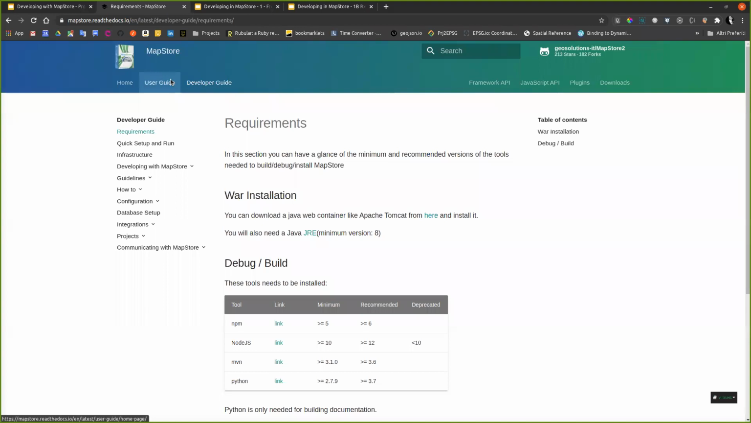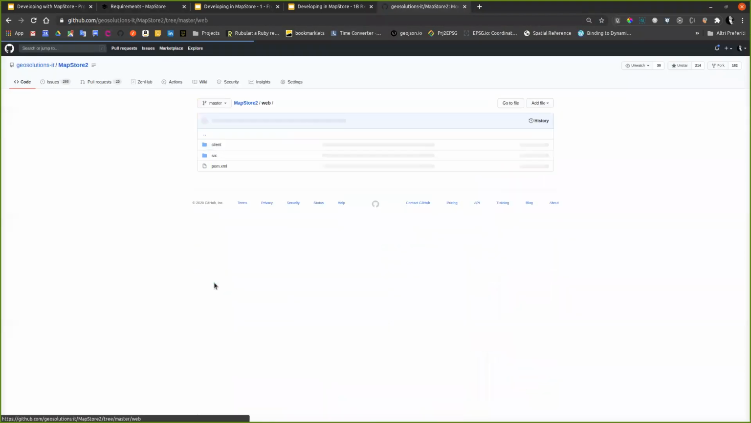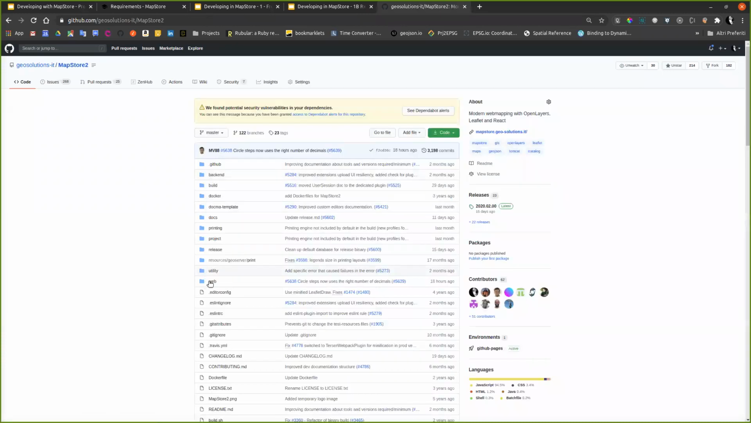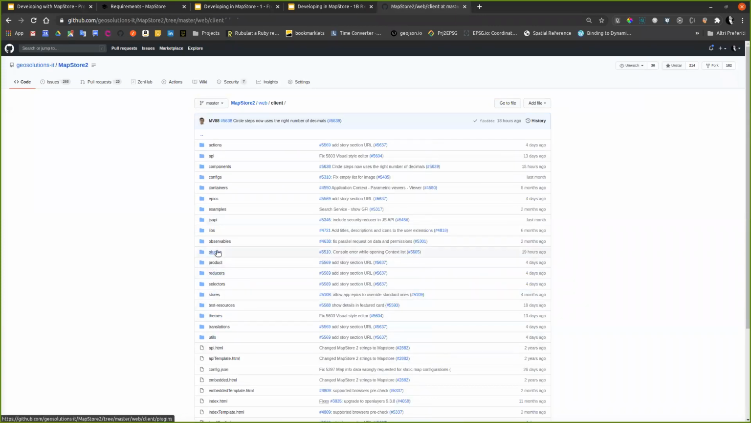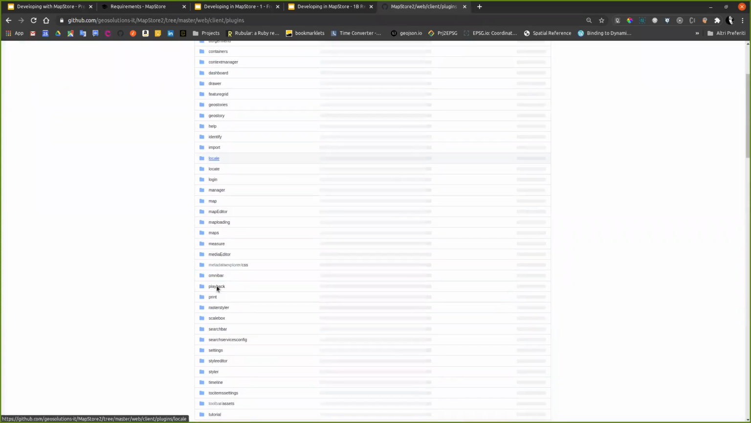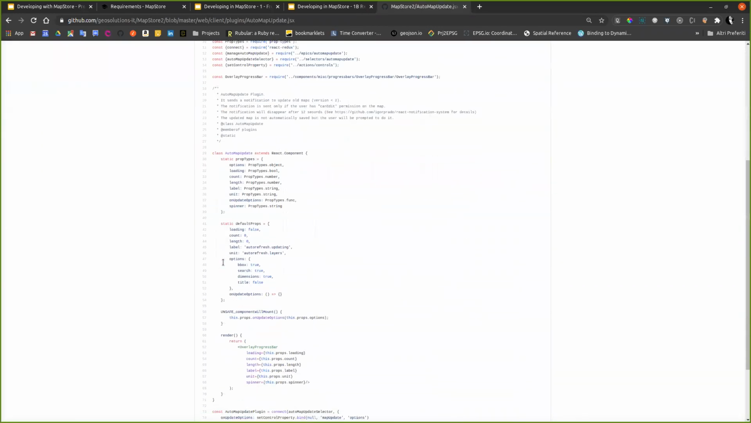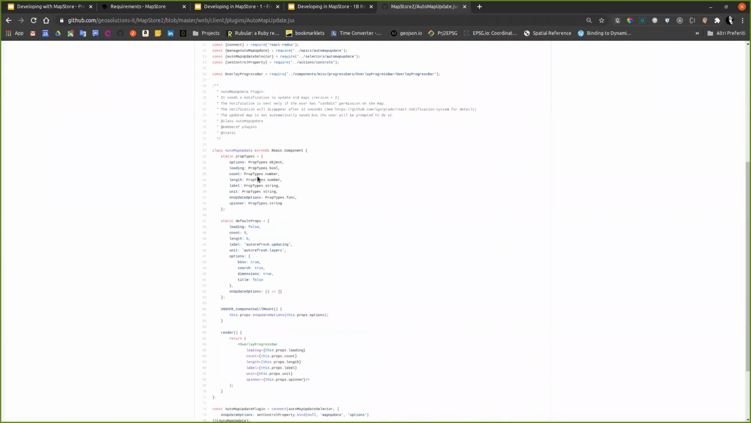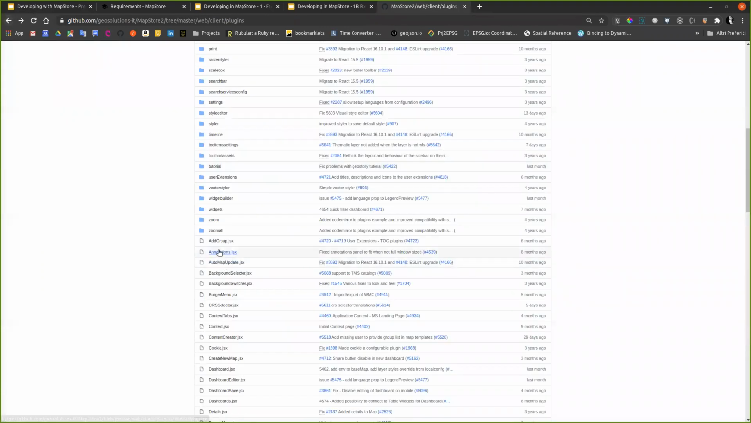If you take a look at MapStore code and take a look at a plugin, plugins are here. We will see in the next lesson all the structure of MapStore in general. But if you take a look at plugins, you will find classes. This is an old component. You may find